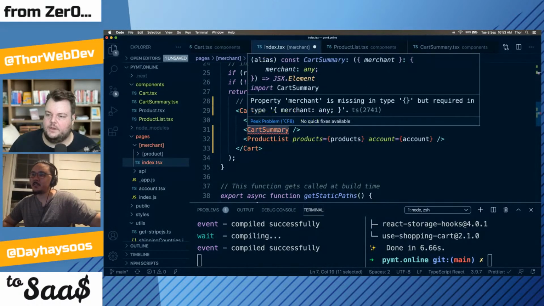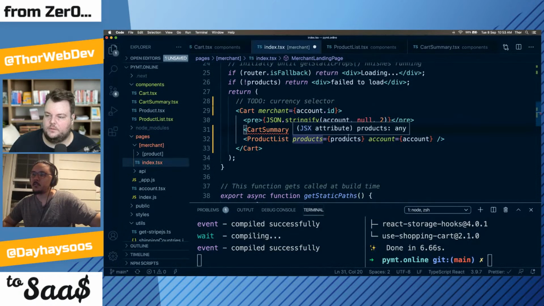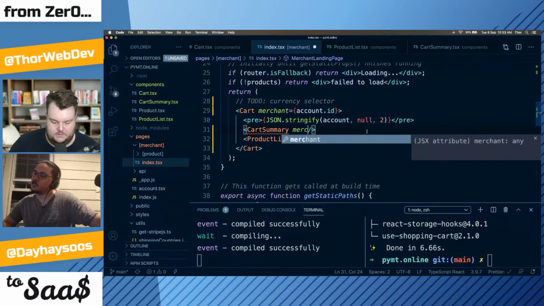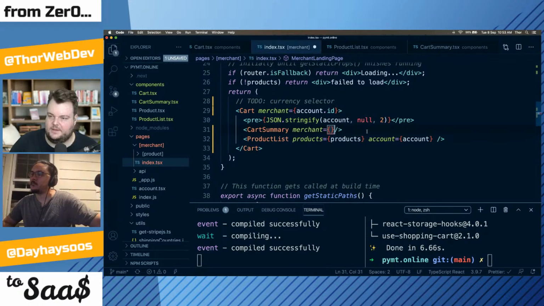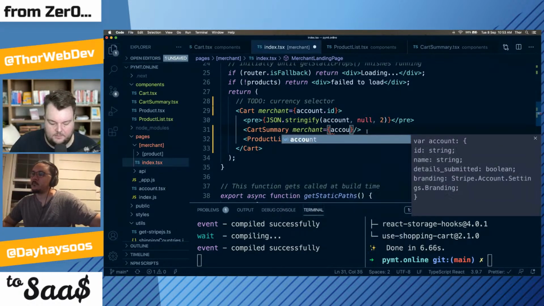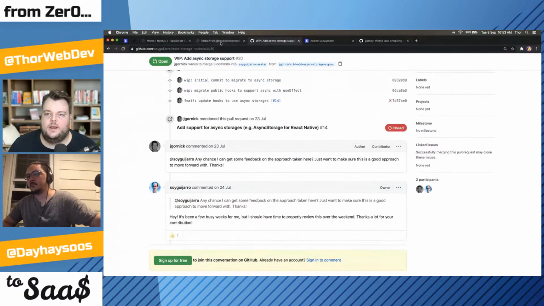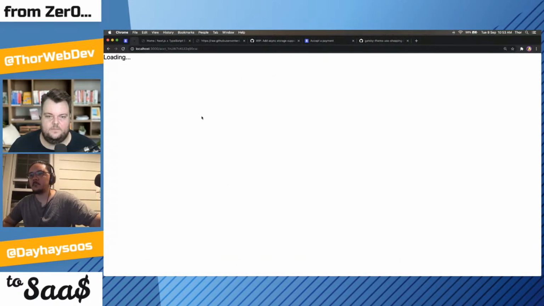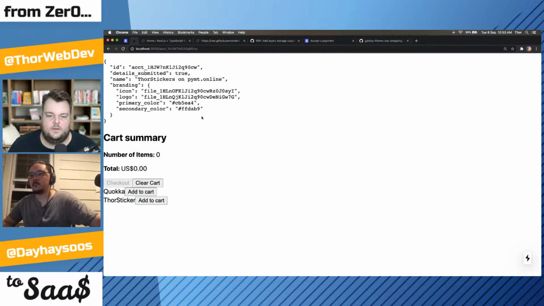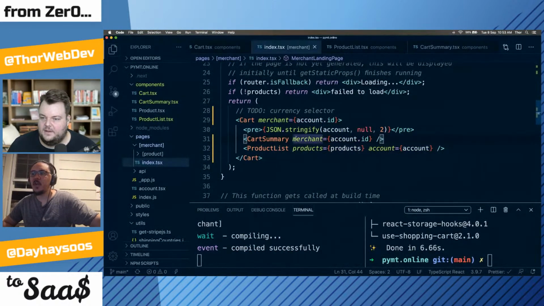And so the cart summary needs a merchant. So again, we can just. I need to refactor. I sometimes call it merchant. I sometimes call it account. Yeah. Okay. So let's see what happens. All right. So that's nice. I mean, it doesn't look nice, but we'll save that for Chakra. Exactly. Maybe for now, just do